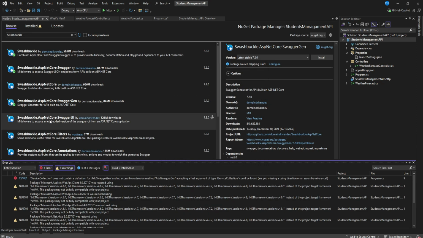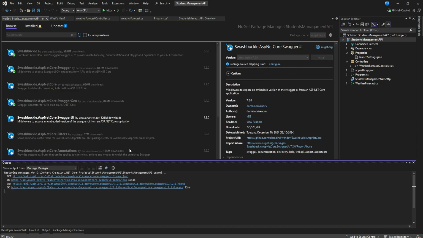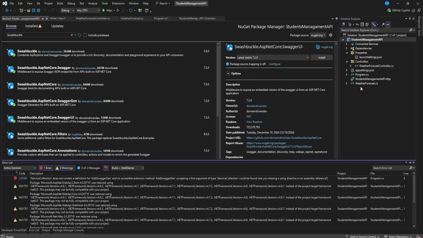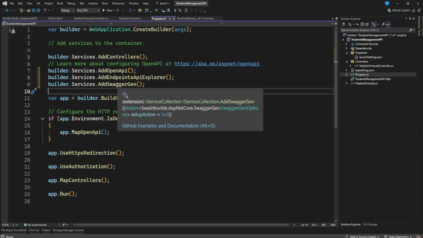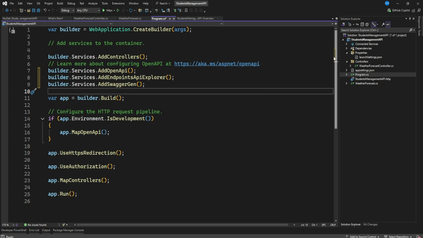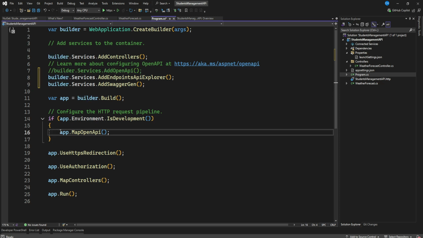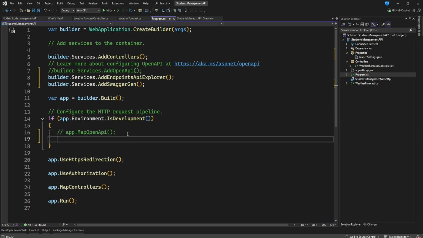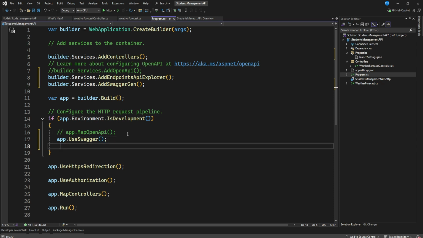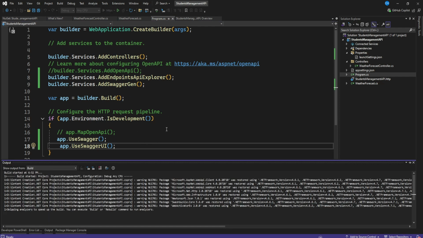If we do that and add this, then if we come back here, you can see we have our Swagger gen there. Here we can now comment out this OpenAPI. Then we can say app.UseSwagger and also app.UseSwaggerUI. So if we relaunch this API, we should now be able to see the Swagger UI on our API